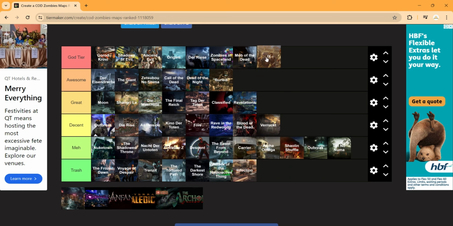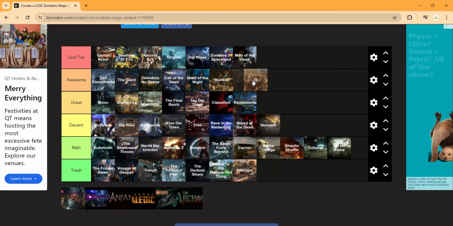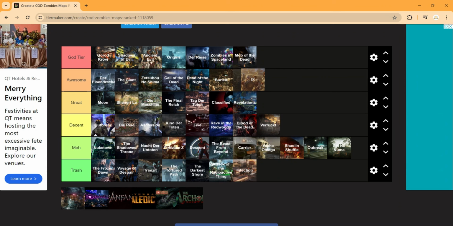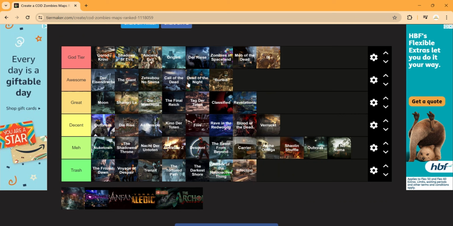It's between god tier and awesome. But if I put it in god tier, I feel like Rise and Drag should be in god tier instead. Oh, that's a tricky one. I'm going to put 9 in awesome. Oh, it's so hard because I really did have fun with this map. I'm going to put 9 in awesome. Oh no, I'm going to put 9 in god tier actually, because when